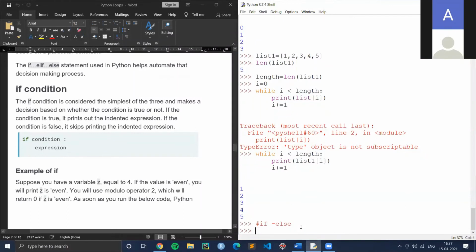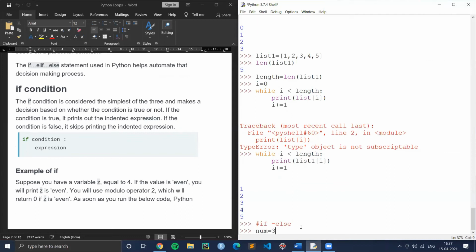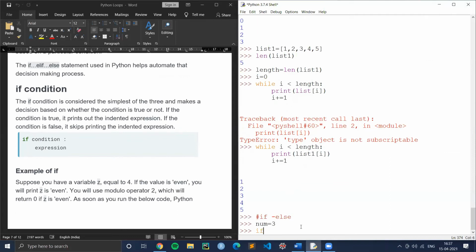Let me take even and odd numbers. I'll declare num is equal to 3. So this number is an odd number, right? I'll just give a condition: if my num is divisible by 2, the percent sign is nothing but modulo, it gives the remainder.